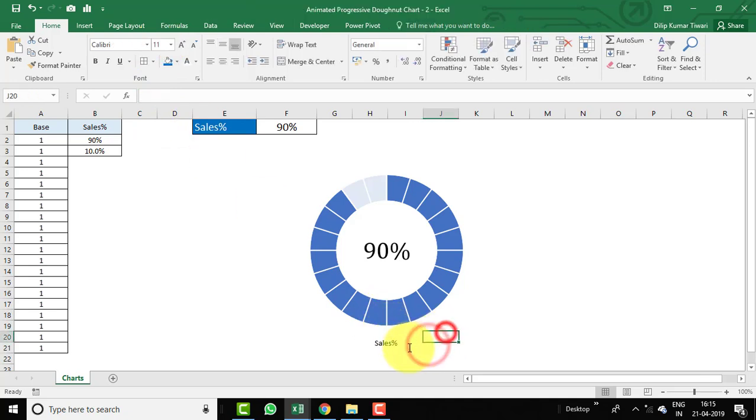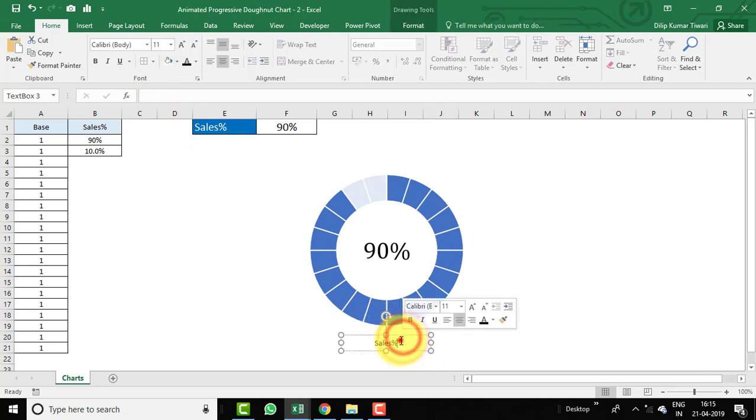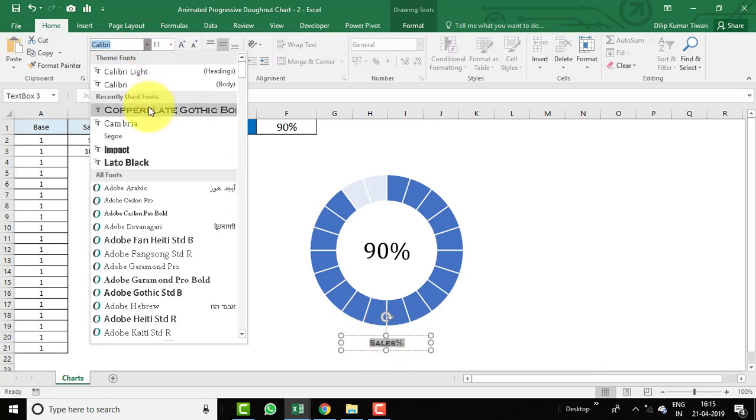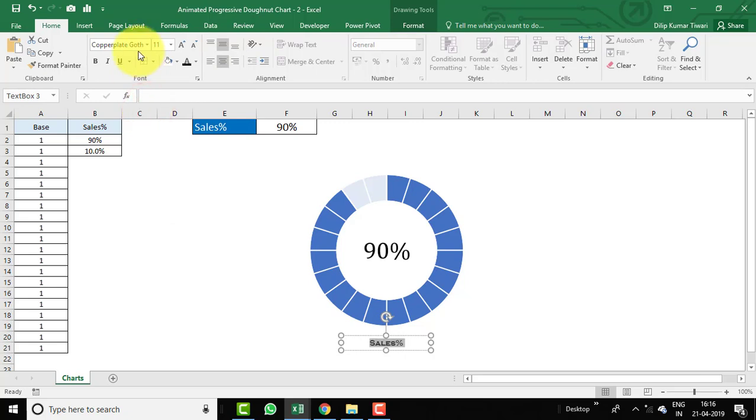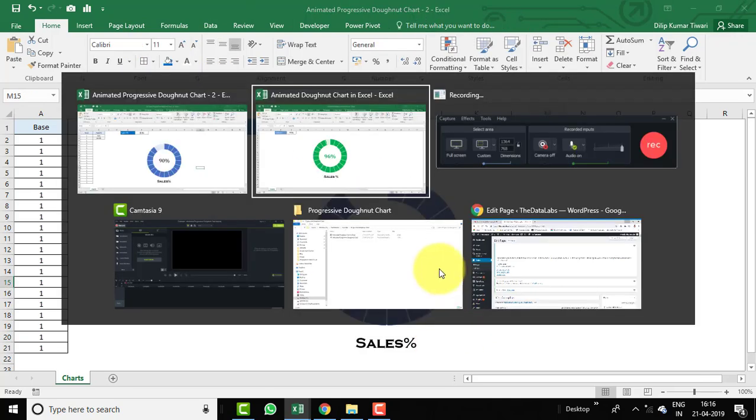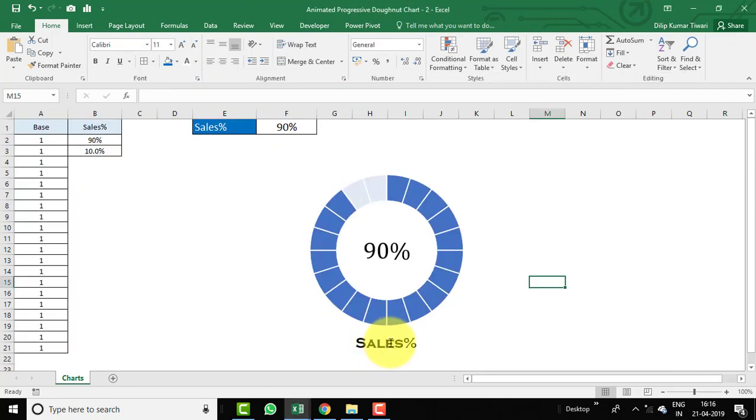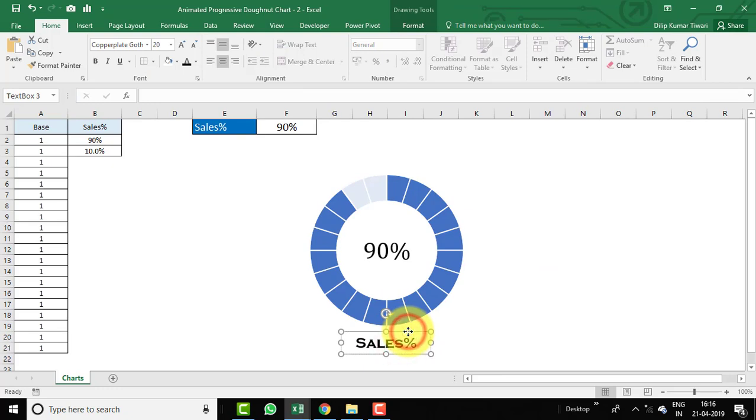So just a minute, I think we have not selected it, so let me select. Okay, so the font name should be this one, Copperplate Gothic, and the font size 20. Now you can see that we have successfully inserted a chart title below